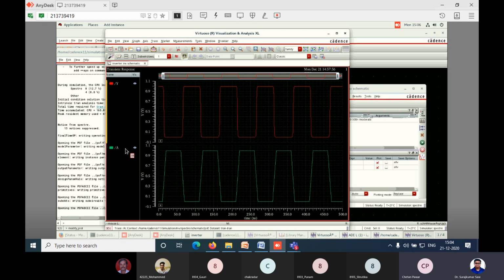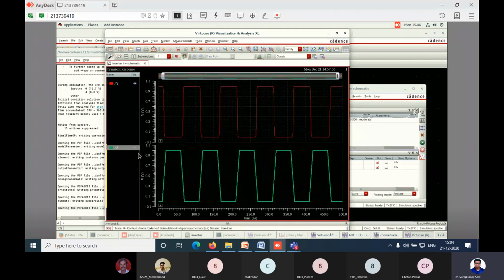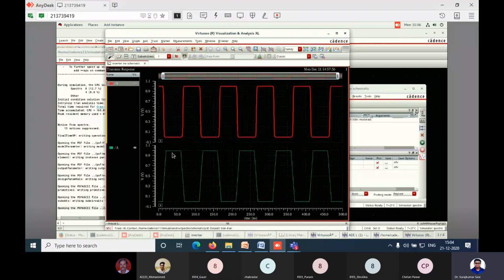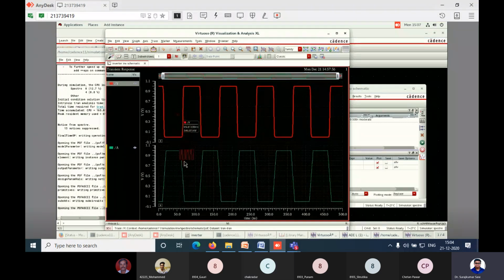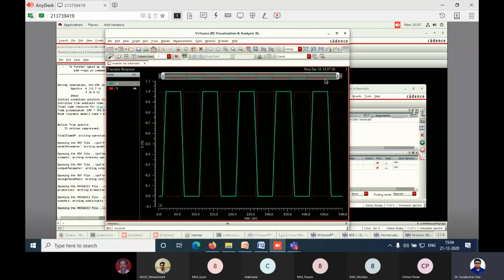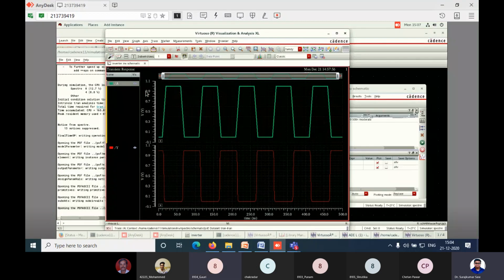Now you can see that we have named A as an input and Y as output. You can compare this. Whenever it is on, that is high voltage, one, in the output we are getting 0. We can put it like this also. Now we have put the input at the top and my output as the lower one. Whenever the input is 1, we are getting 0. Whenever the input is 0, we are getting 1. Means whatever input we are providing to the circuit, that will invert, right?